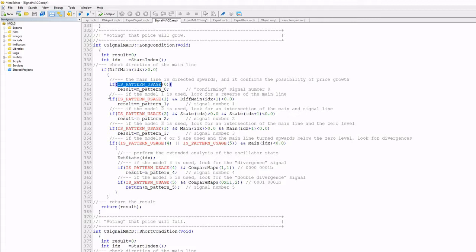So we have 6 patterns, and we can call the method, or the macro, is pattern usage with an index. In this case, let's check if pattern usage is pattern usage 0. It means that if the value of pattern 0 is greater than 0. This is pattern usage 1. It's asking whether the value of pattern number 1 is greater than 0. So we check this, and then